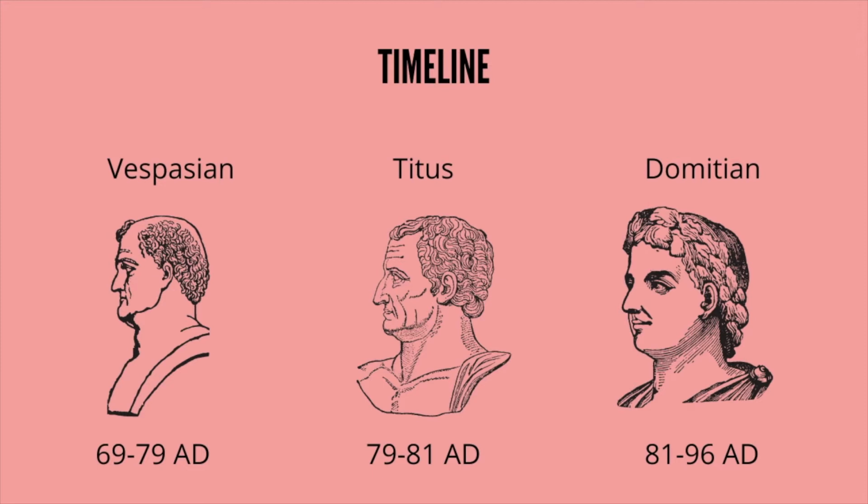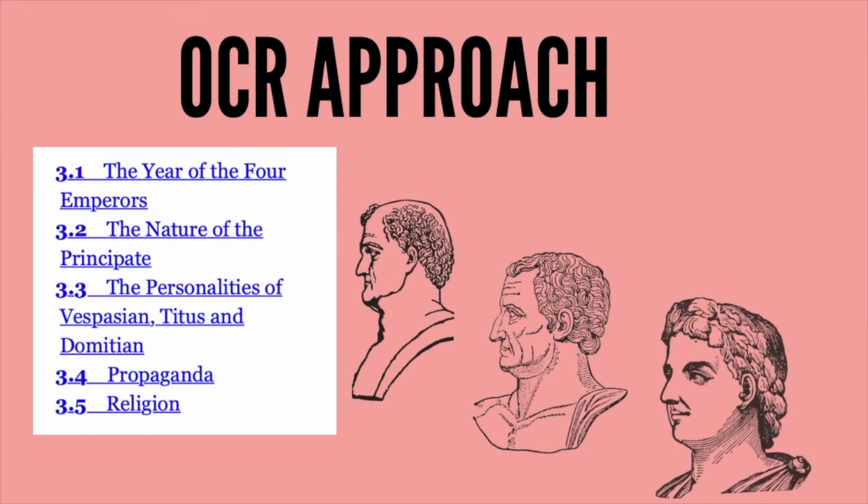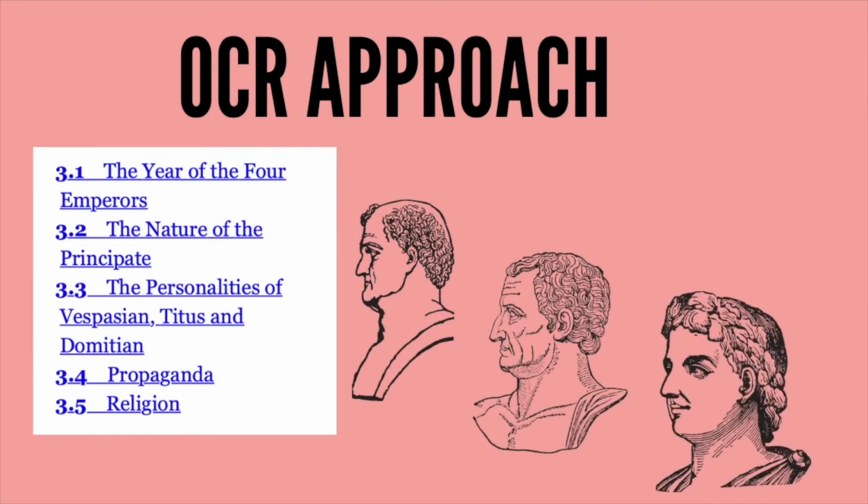And I've always found that the way to bring life to this long timeline of names and dates and key events like battles and so on is to spend a bit of time acquainting students with the key personalities. And this gives a sense of the actual people behind all of these key events and developments. And in my view, the way into the Flavians is really through the personalities of the three emperors concerned, so Vespasian, Titus and Domitian. And I'm quite pleased to see that this is exactly what the OCR curriculum does as well.